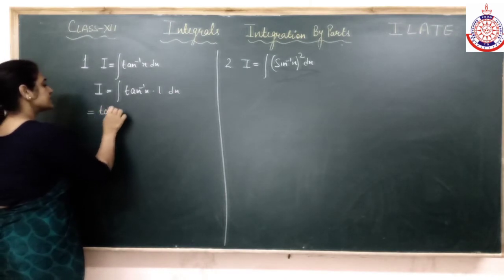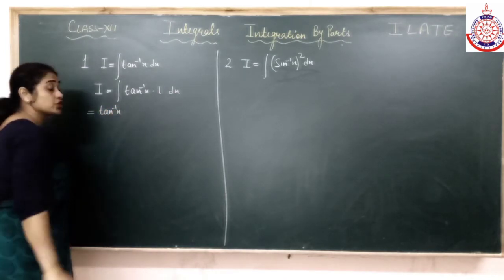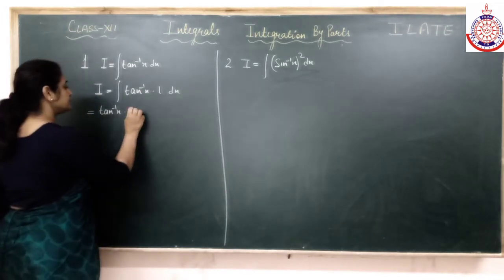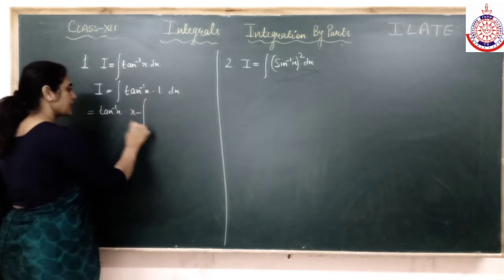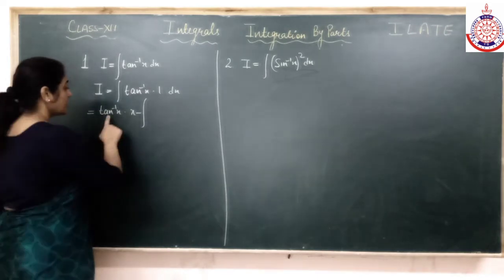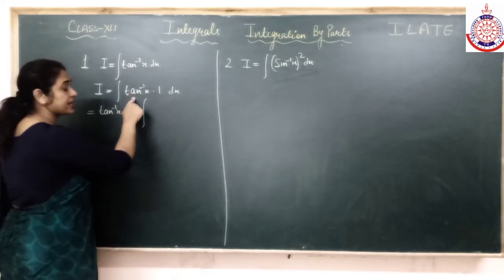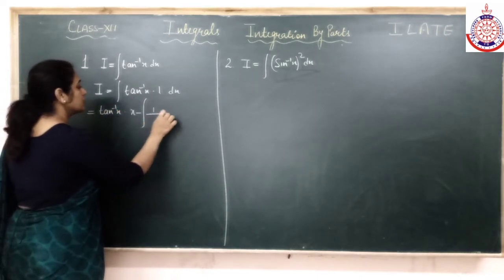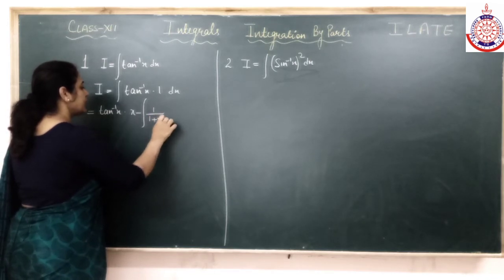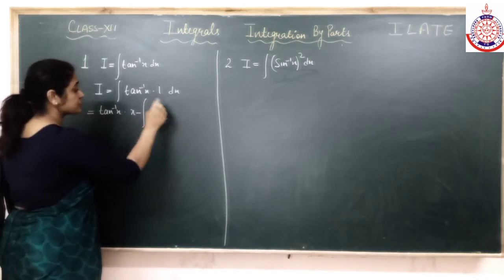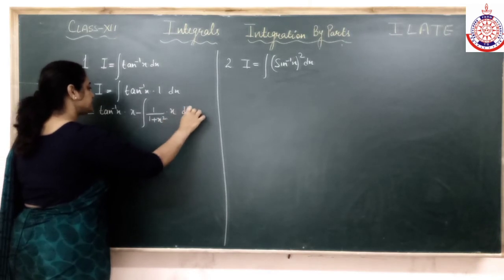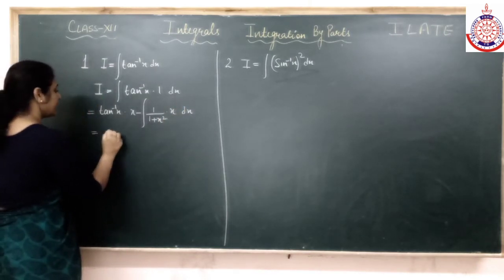First function as it is. Integration of 1. What is integration of 1? x. Minus the integral of differentiation of first. What is the differentiation of tan inverse x? 1 upon 1 plus x square. Into the integration of second, that is x. So I have